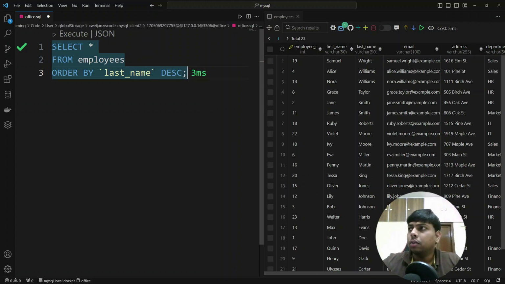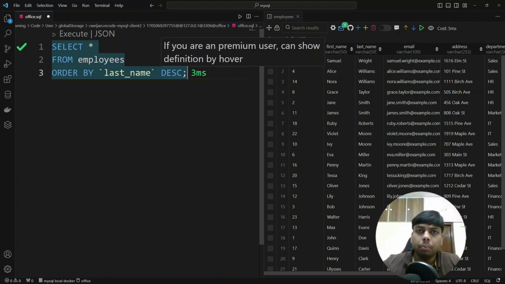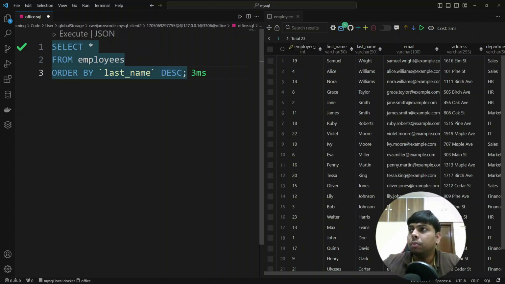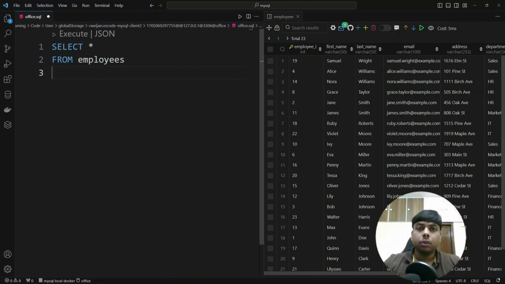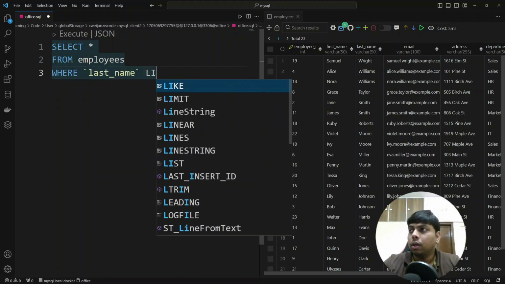Okay, so the next concept is the LIKE condition. We have seen the WHERE condition, filtering based on AND condition, OR condition, greater than condition, equal to condition. Now for strings, we have the LIKE statement. I'll remove this one. What I want to do is filter all employees where the last name ends with an S. So I'll say SELECT * FROM employees WHERE last name LIKE